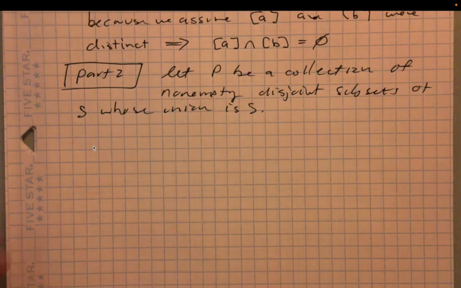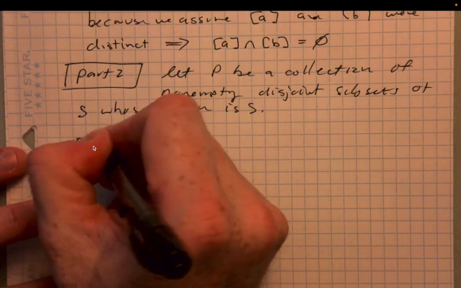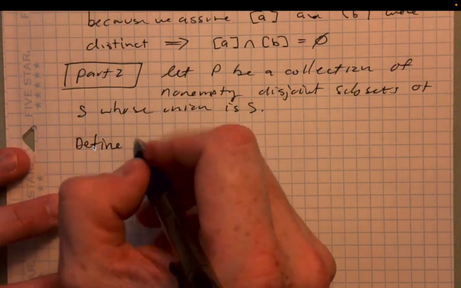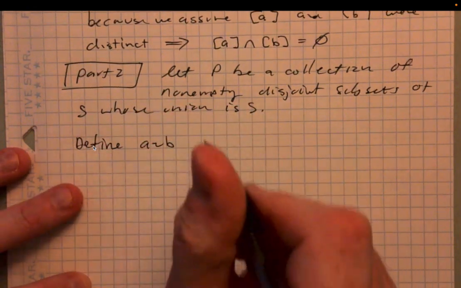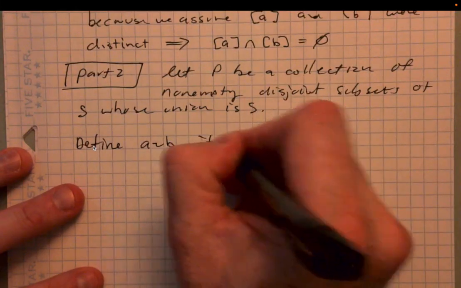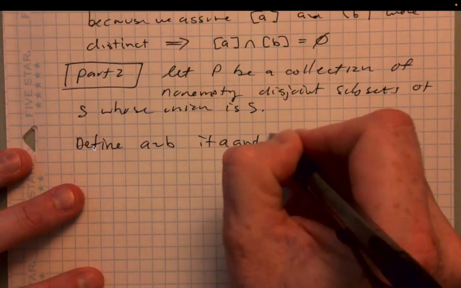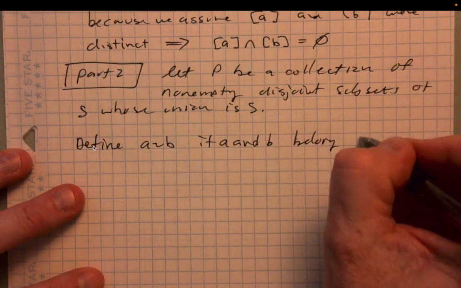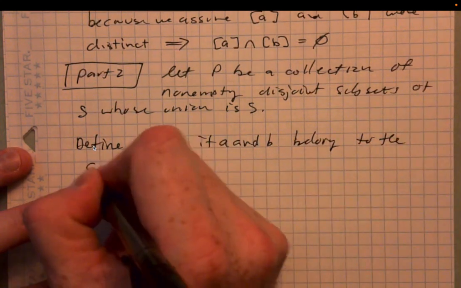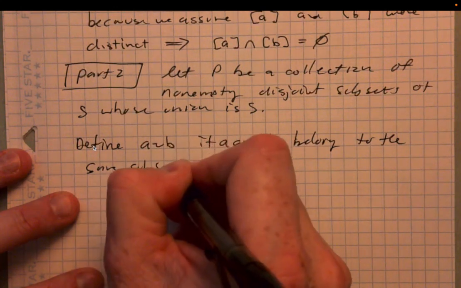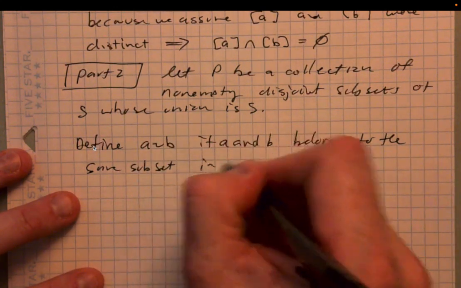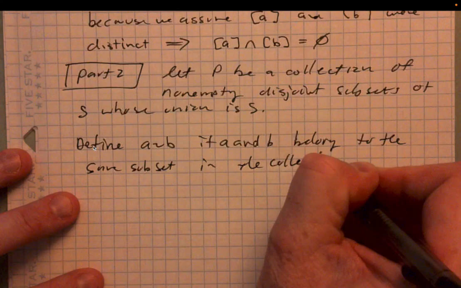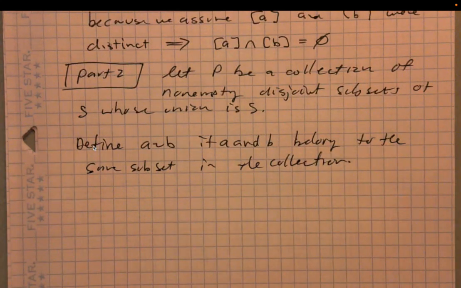So we simply define A is equivalent to B if A and B belong to the same subset in the collection. Okay. All right. So that's kind of